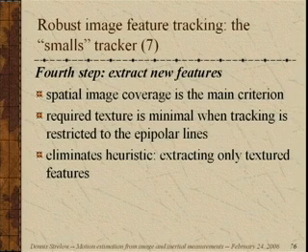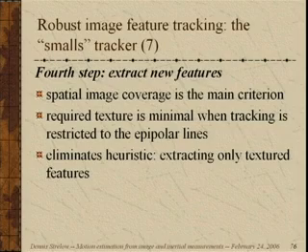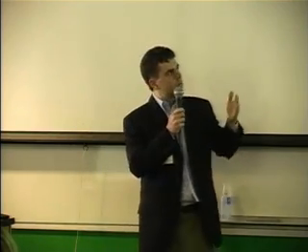Typically what trackers do is they try to extract new features in textured areas on the assumption that those are the features you're going to be able to track. Now what we found, when we constrain the tracking just to the epipolar lines, is that we can track almost anything. Even a very weakly textured point, or say a point that may be on a line perpendicular to the epipolar line, we can track without too much difficulty. So we get rid of the heuristic that demands texture. We replace it with one that says, give us as much coverage as you can in the image. And the rationale there is that